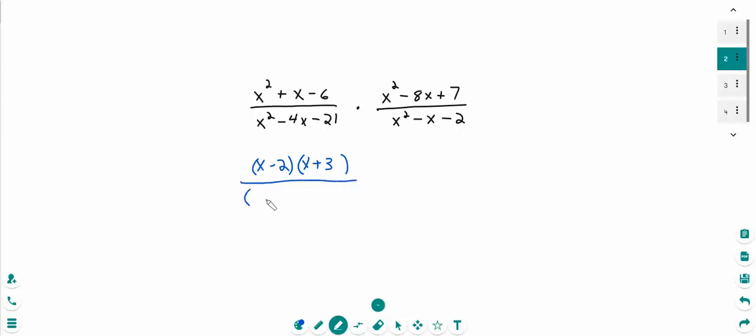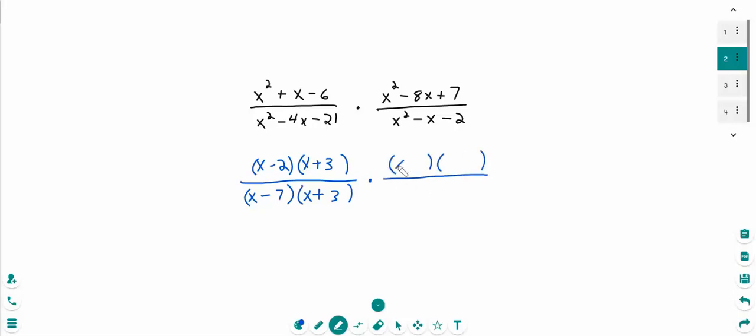In the denominator, we have, again, our set of parentheses. So we have an x, we have an x. It's going to be a minus and a plus. For 21, it's going to be a 7 and a 3, right? 7 and a 3 would get me to that 4. 7's going to have the negative. And there we go. All right, then we're multiplying that by the next numerator, which again is a set of